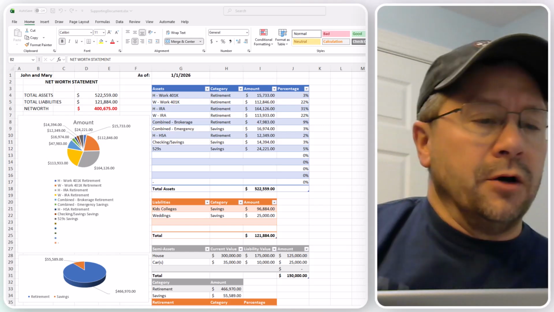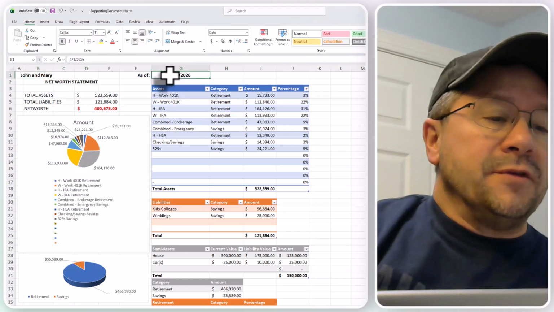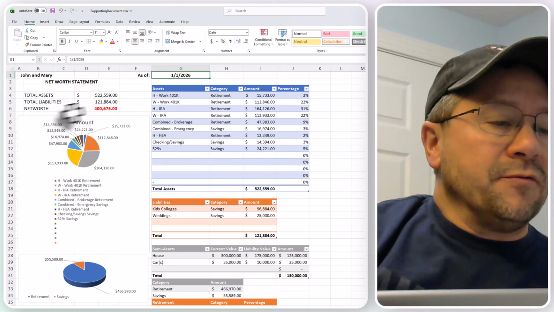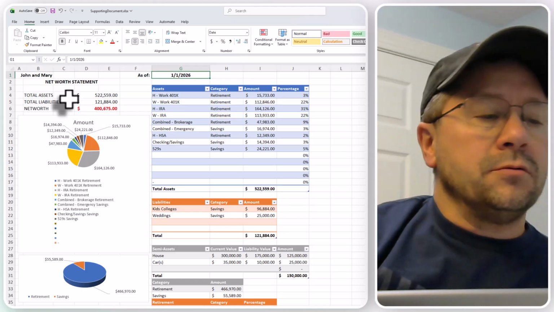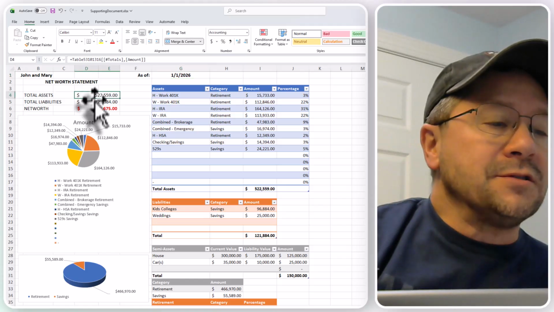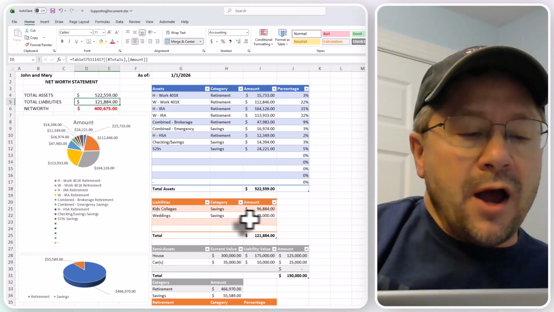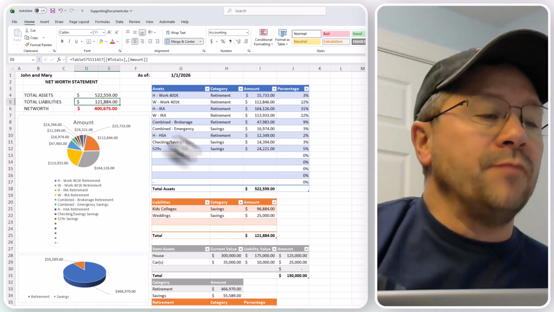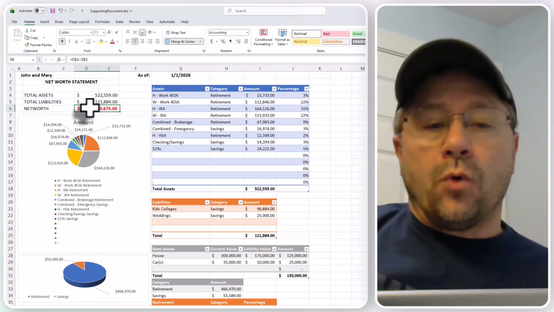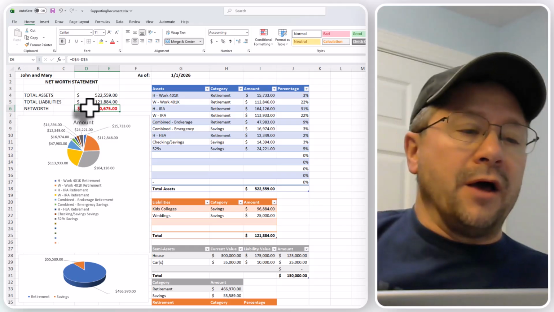So to dive into it, I plan to do this every single year. So it's as of this date. And again, this is a mock-up of it. And I do sum up some of the information. So it lists up here, very easy to understand and view, the total assets. You have the total liabilities, which is coming down here, things that I expect to have to pay out of my assets, and then showing my total net worth. And again, I'm going to use more liquid net worth. There are certain things that I exclude out of it.